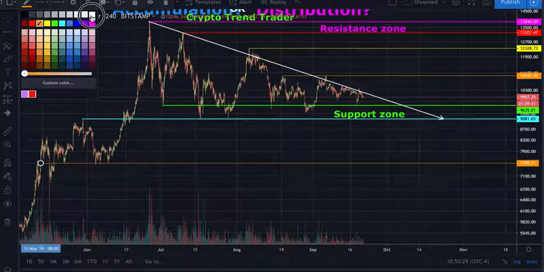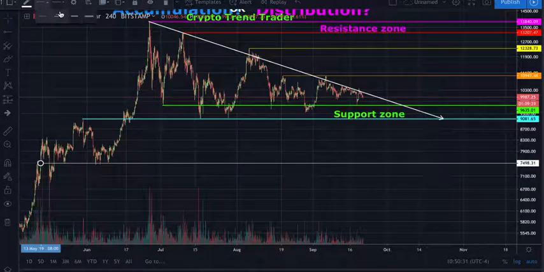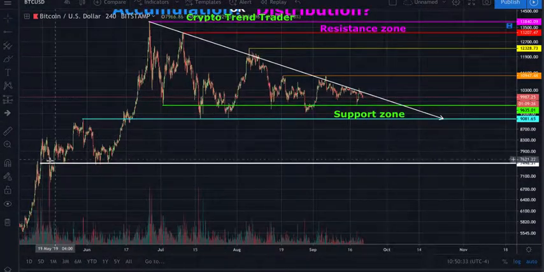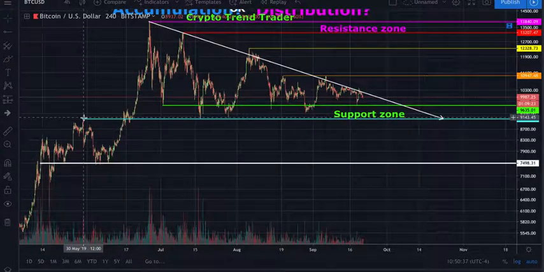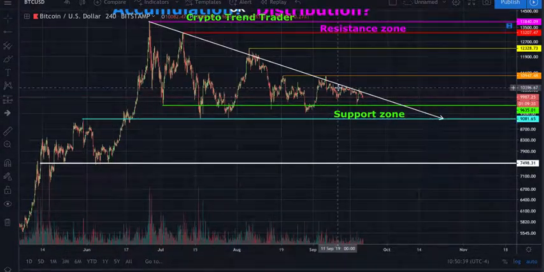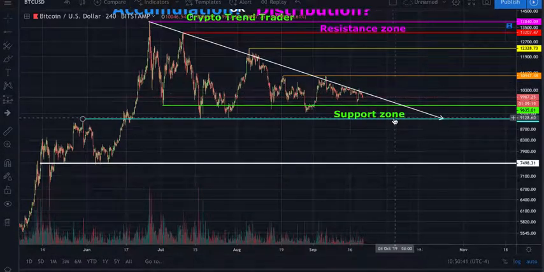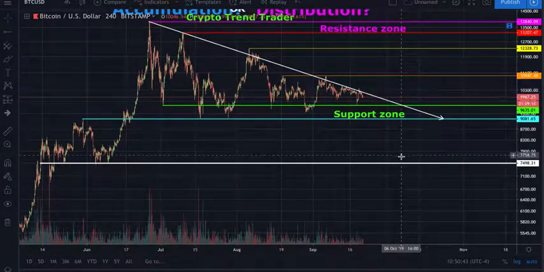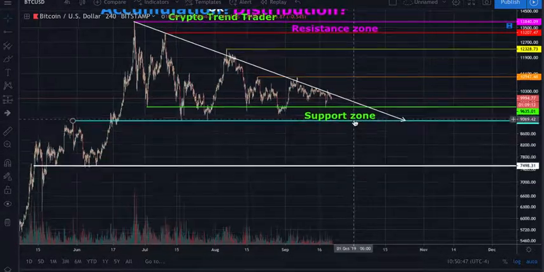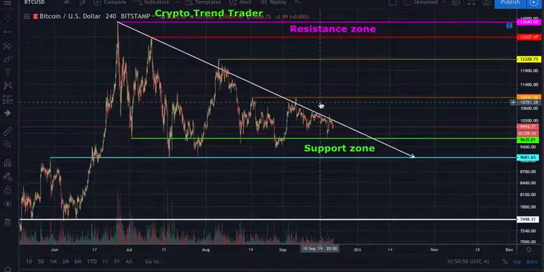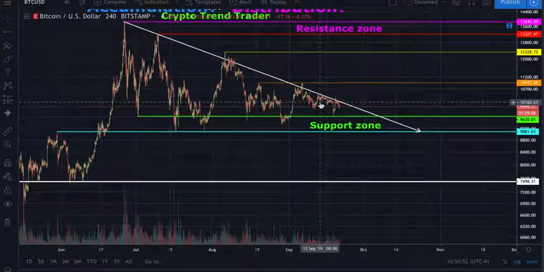This should be very strong support, because we consolidated at that support on the way up, and then we came down to the top of it and couldn't even break down on the way down. So it's likely that if we lose our support zone here, we're going to fall down to the 7,500 range, and that's where we're going to find support. Now, that's if it's distribution. If it's in fact